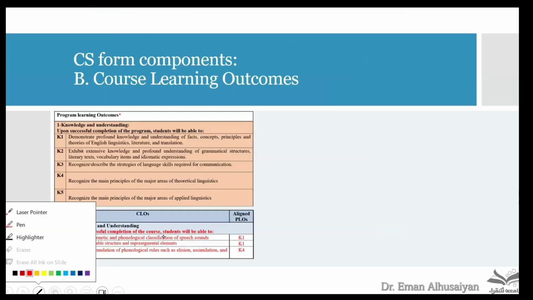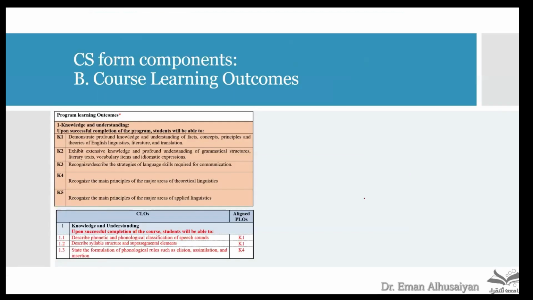We said that in order to make sure that your CLOs, which are the course learning outcomes, are written perfectly and mapped into the program learning outcomes, the PLOs, you need to